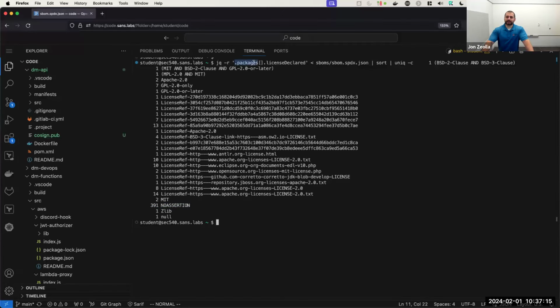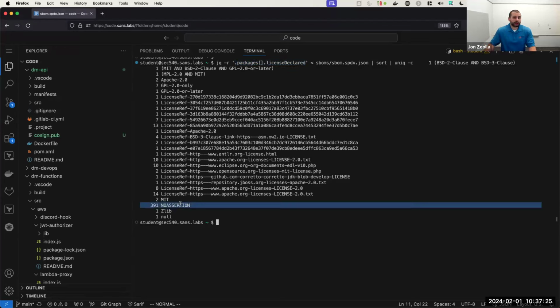So that means that the SIFT tool was unable to identify what the declared license was for a given package. So we've got lots of we don't knows, right? Hundreds of we don't knows. In fact, majority of we don't knows. This is the ecosystem, right? There's something in there, but it just says no assertion. That should not make us warm and fuzzy that we can use this, right?